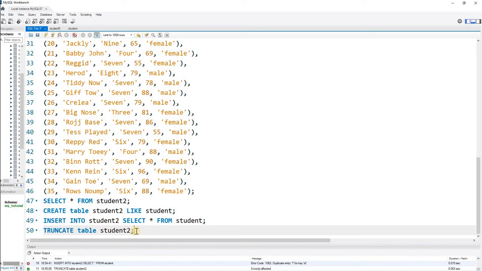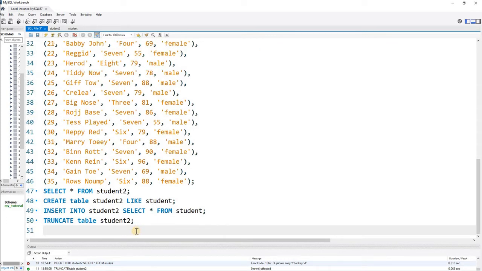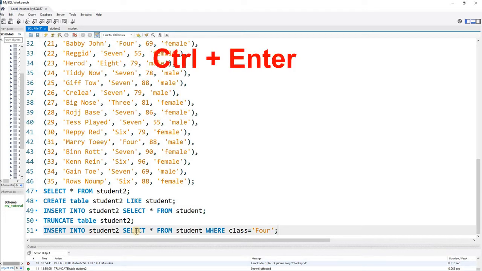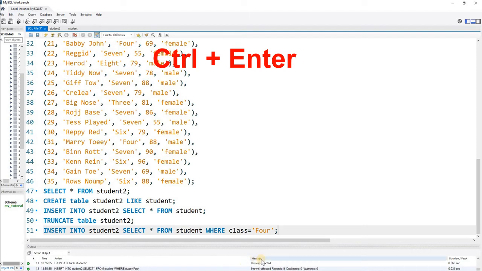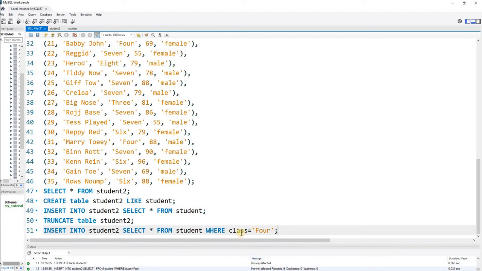This time I will write another query: insert into student2 select star from student where class equal to 4. So wherever class is 4, only that part you copy. Press Enter. 9 rows, so there are 9 records with class equal to 4, and those 9 have gone.